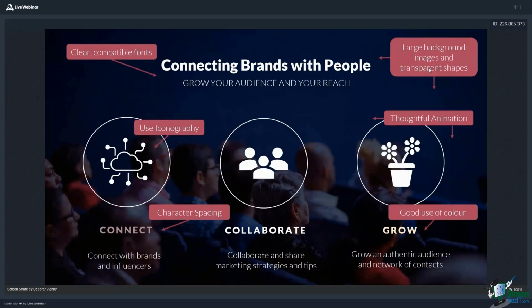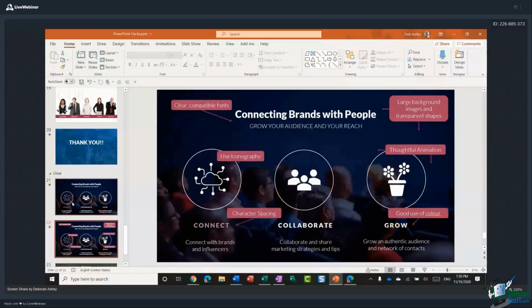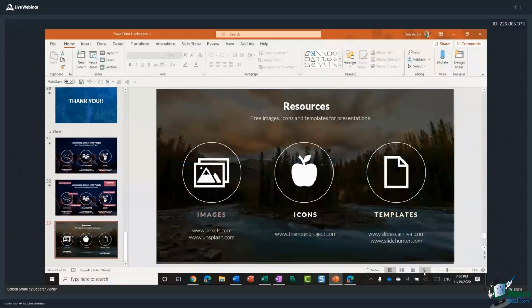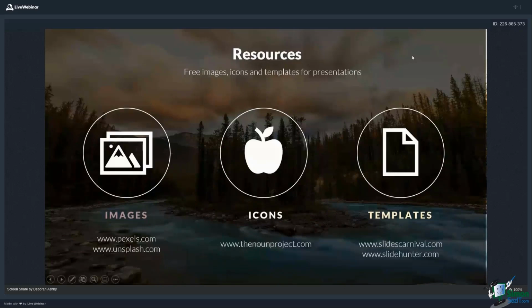Lovely. Now, the final thing, if we move on to the last slide here. This is resources. So this is where you can get all of the images that I've used in this presentation. When it comes to things like high quality imagery and also videos, Pexels and Unsplash are websites that I use all the time. All of the images on there you can just download and use for free in any presentation.